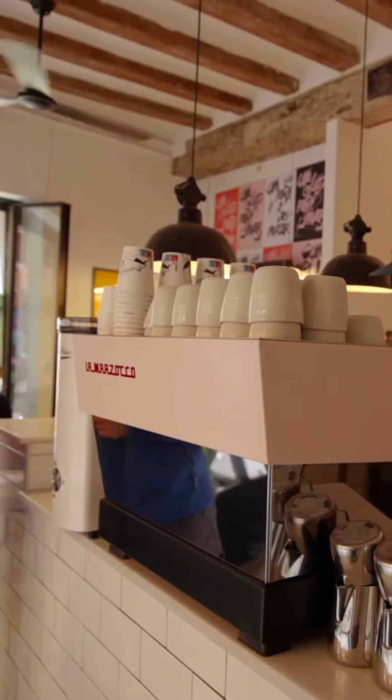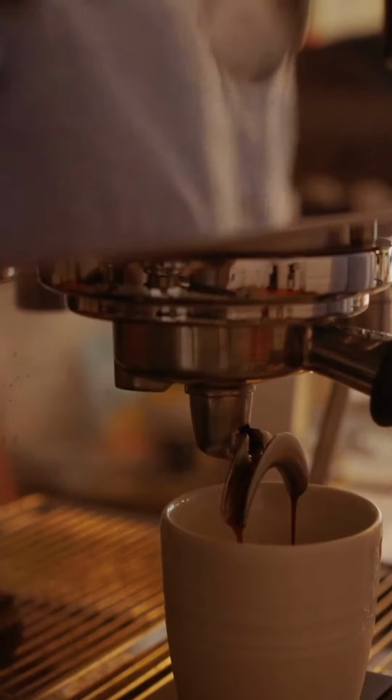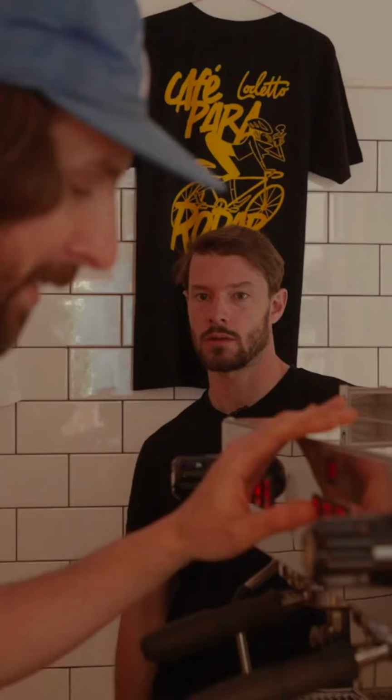Keep and maintain the relationship with our wholesale clients. What we try to do is to be there next to them. We go and visit them even if they don't need anything. We go there every week and try to adjust so they feel confident with the coffee they are working with. The more numbers we have, the better coffee we will be able to serve to our customers and to deliver